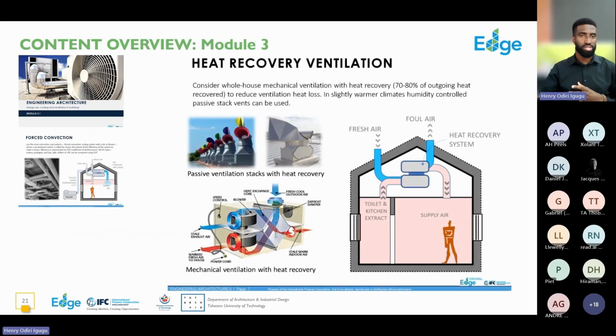Looking at various kinds of systems, such as heat recovery ventilation as well. So module 3 is going to cover various aspects around heating, ventilation, and air conditioning. So if you are leaning more on the engineering side, yes, like I said, we have much for you as well.